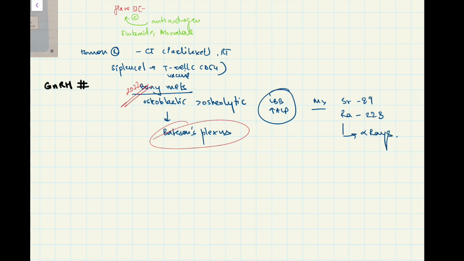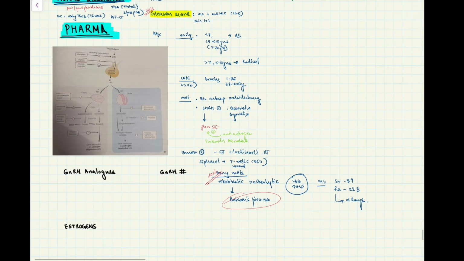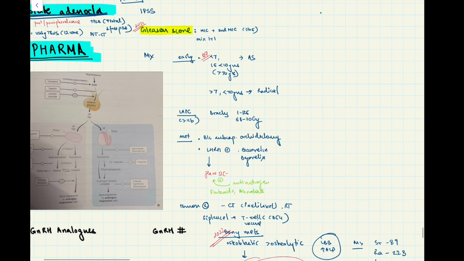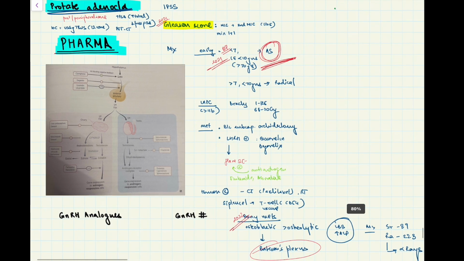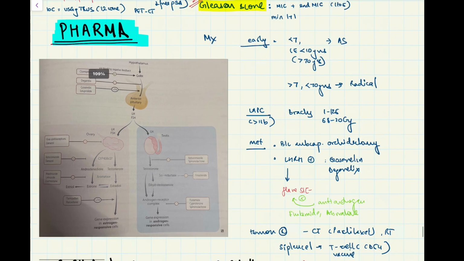Important, right? So this was asked, that a patient has a Gleason score of less than 7, what would be the management? So the answer to that question was active surveillance, and this year they asked the question on Batson's plexus. So you can see the importance of repeat questions as well. That's why I say that PYQs are very important. Anyways, this completes the reproductive pathology, and